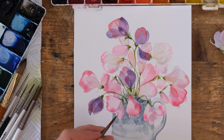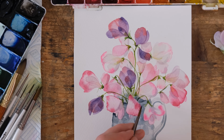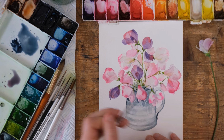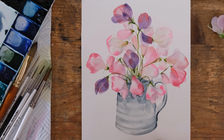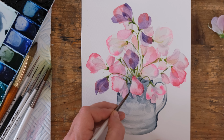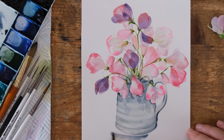Okay, so this has had a little bit more time. I just want to add in a bit more shadow. That's still a bit wet. And there we go. I think that is done, but maybe, just maybe, a little bit along